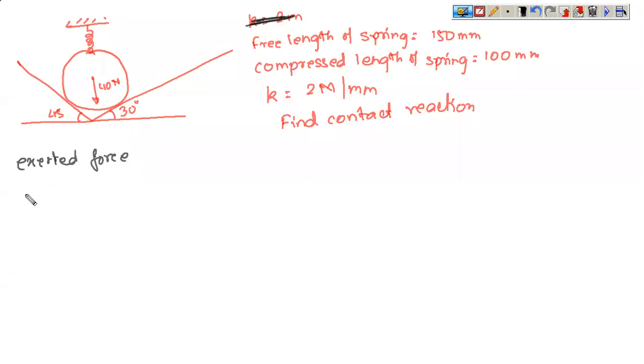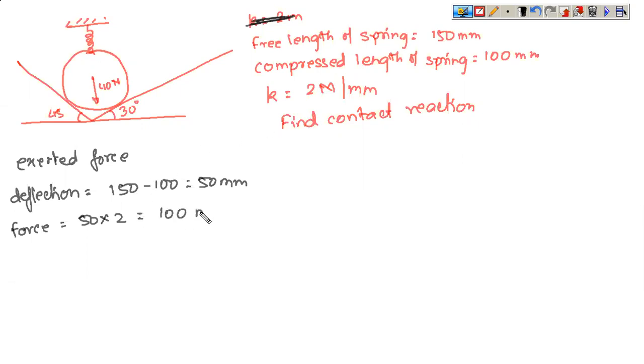So how are we calculating the exerted force? What is the deflection of the spring? The free length was 150 mm and the compressed length was 100 mm. So that means the deflection is 50 mm. Corresponding to the deflection, it will create a force. So the force will be how much? 50 multiplied by the stiffness. Depending upon the stiffness, it will create a force. So this will create a force of 100 Newton